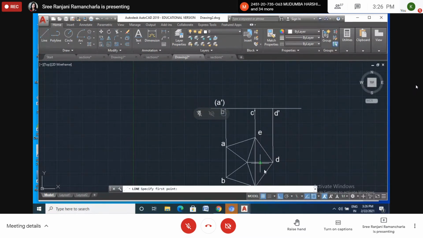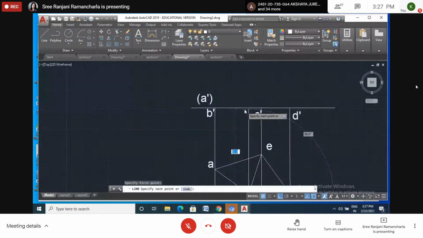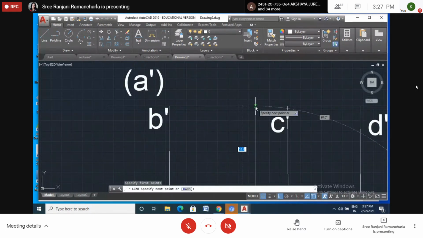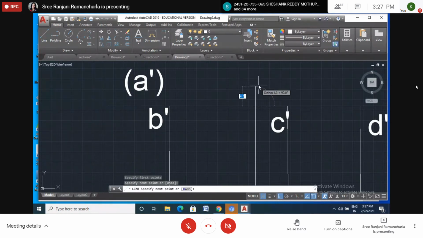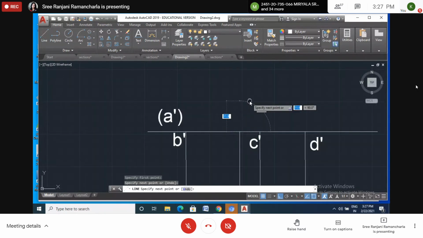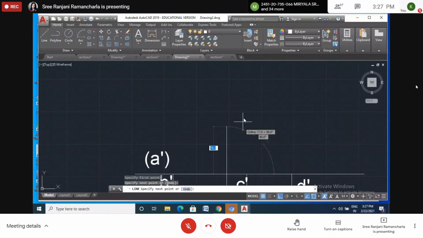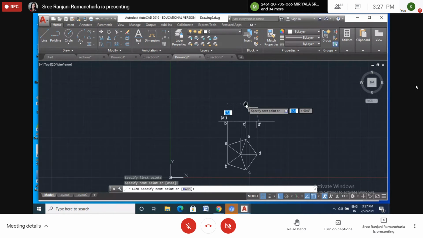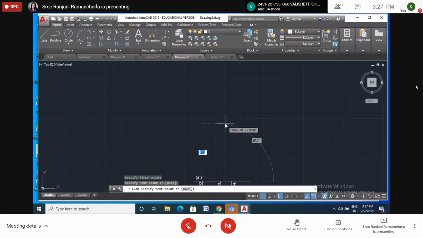line command. So from apex, I want to stop here. I can continue drawing, but sometimes I need to select those apex also. So I want to cut there and continue with another line. And what is the height of the apex? Nothing but the height of the pyramid.